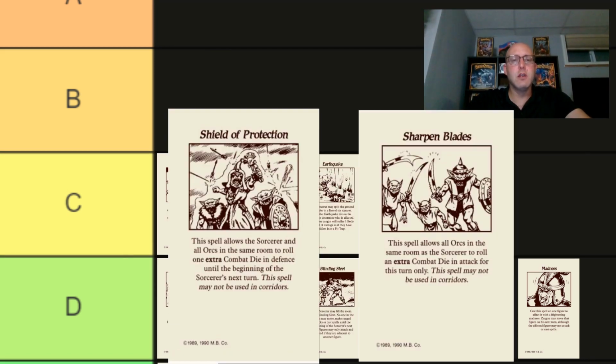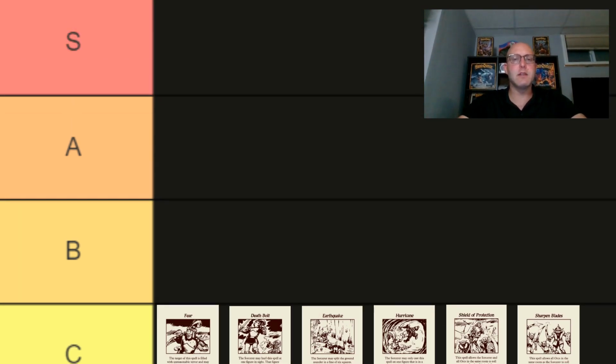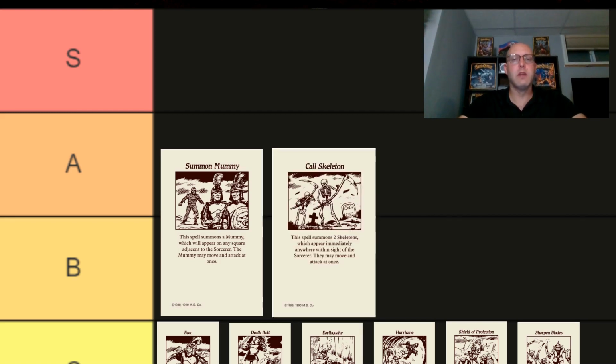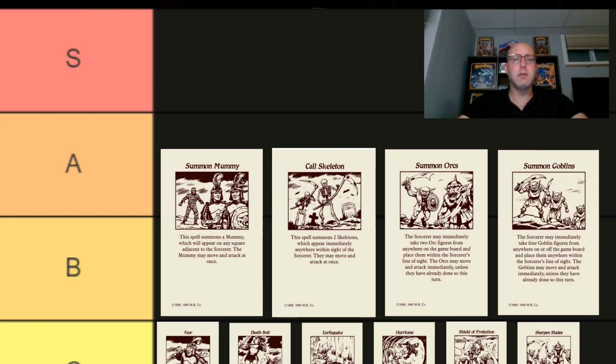Shield of Protection and Sharpened Blades from the Orc Shaman are nice battle buffs for your party, but they only last 1 turn. Rank B has most of the monster summoning spells from these decks. Summon Mummy, which summons 1 mummy, Call Skeleton, which actually summons 2 skeletons, Summon Orcs, which, unlike the Chaos version of this spell, only summons 2 orcs, and Summon Goblins, which gives you 4 goblins, but I mean, come on,